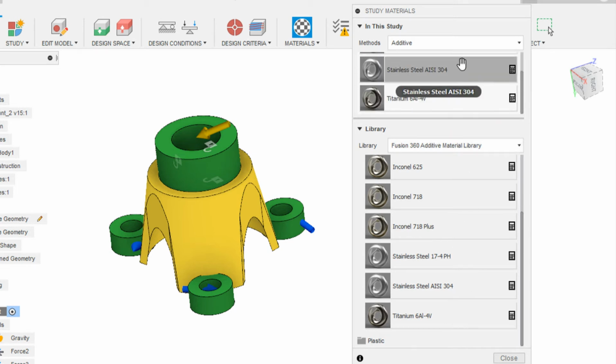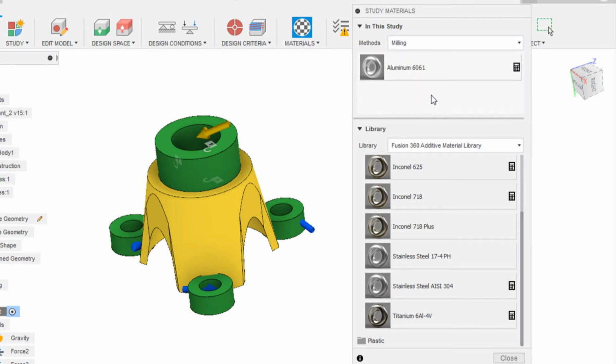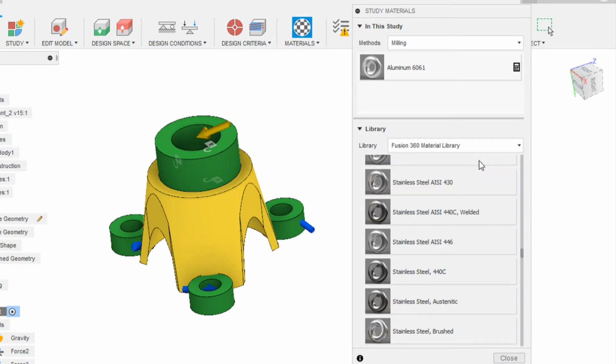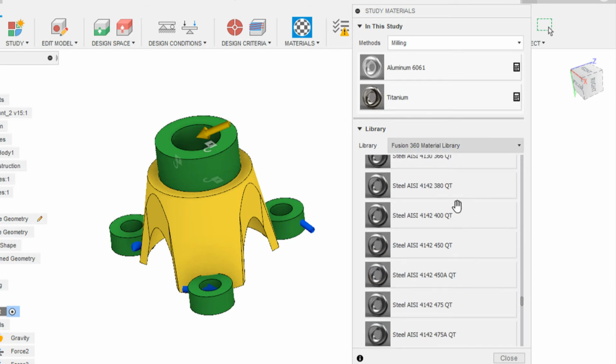For milling, I'm going to switch to the Fusion 360 material library. Under metal, I'm going to add titanium, aluminum 6061 is fine, and then I'm going to add SS1006.